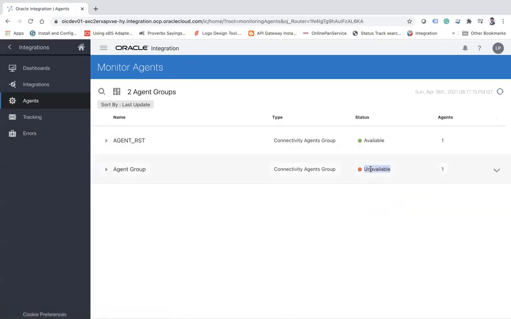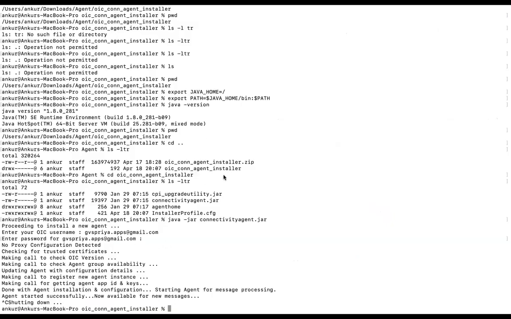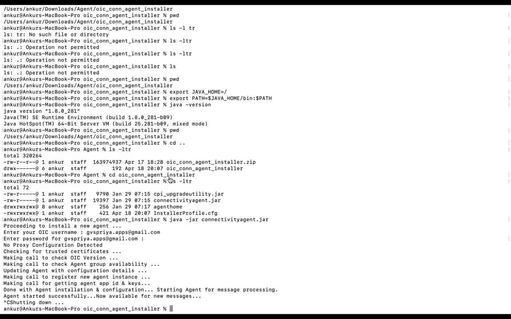Okay, here you see the status is unavailable, which means your agent is stopped because you have pressed the Control C command. Now, let me just go back to the terminal. If you want your agent to run in the background, then even if you do Control C and close this terminal, your agent will not come down. But for this, in order to run your installer in the background, you have to do,